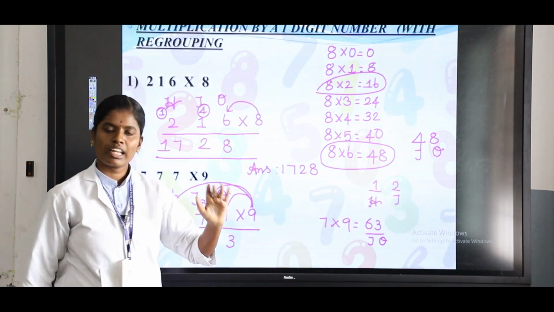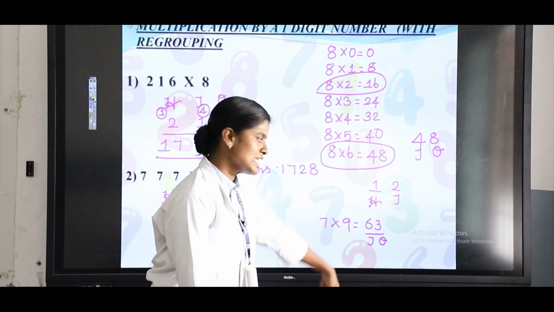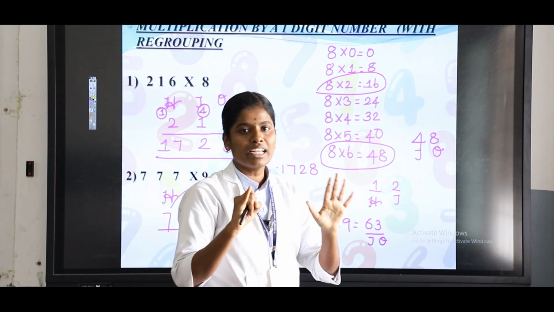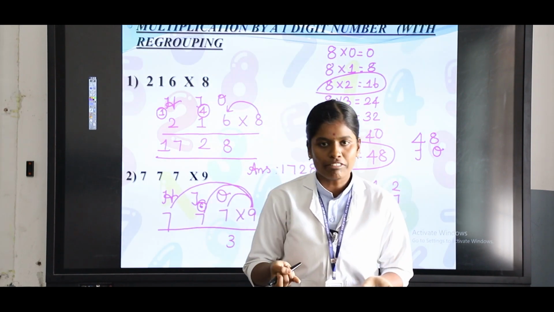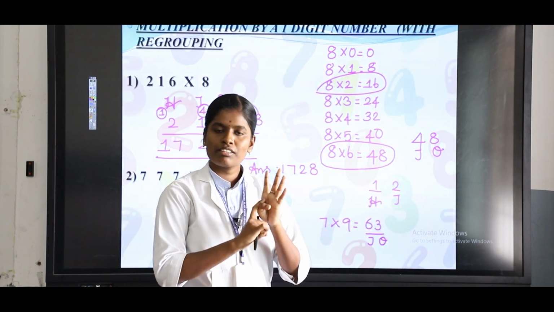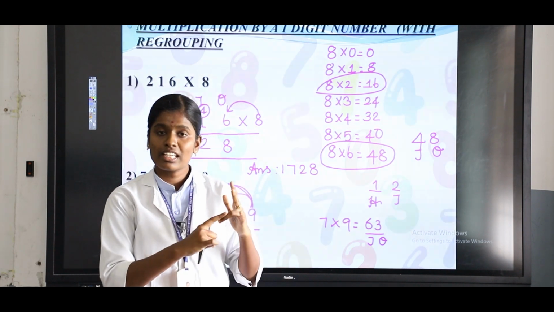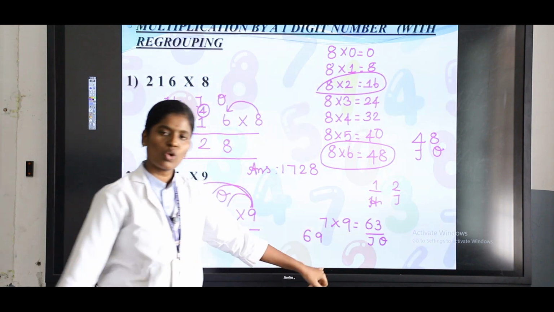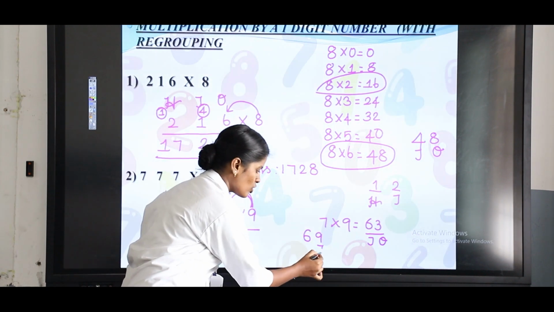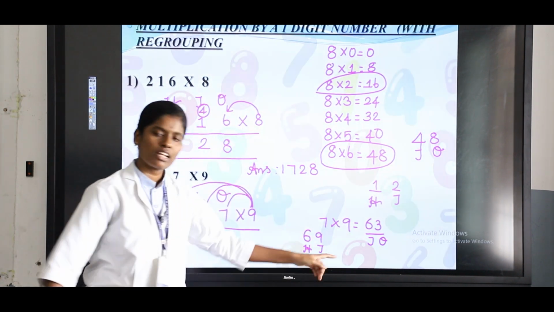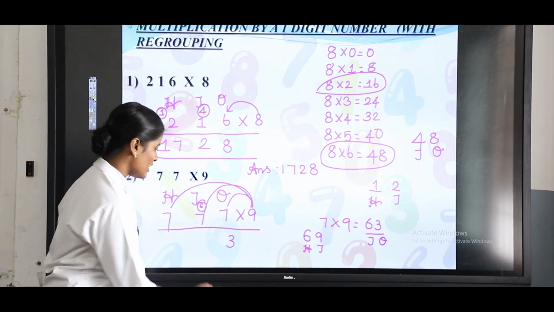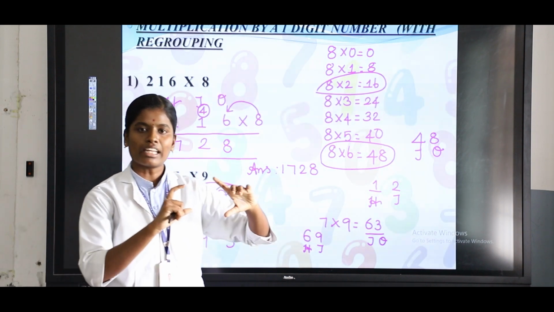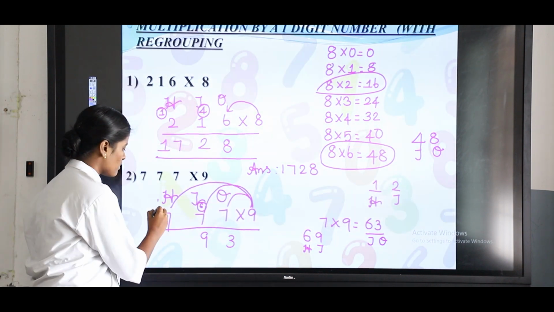Next you will take again 9 sevens are 63. So keep 63 in the mind, 6 in the finger. 63, after 63: 64, 65, 66, 67, 68, 69. So here too you got a 2-digit number, and this is called the tens place and this is called the hundreds place. In this tens place you are going to write under the tens column, and in the hundreds place you are going to write the carry. Okay. So write here 6.